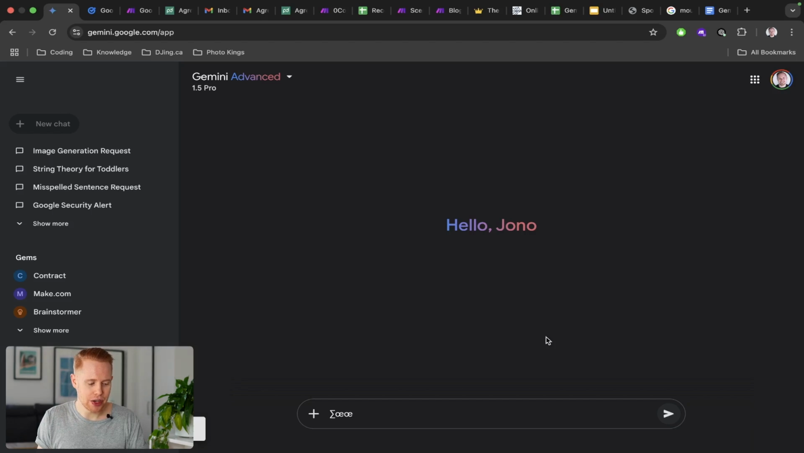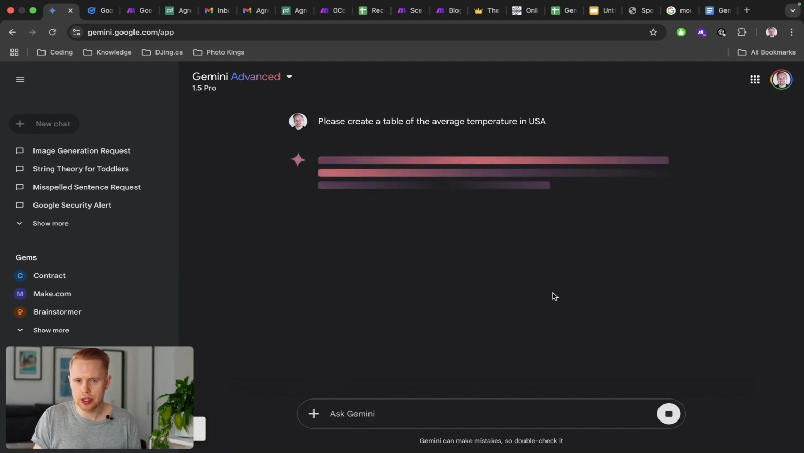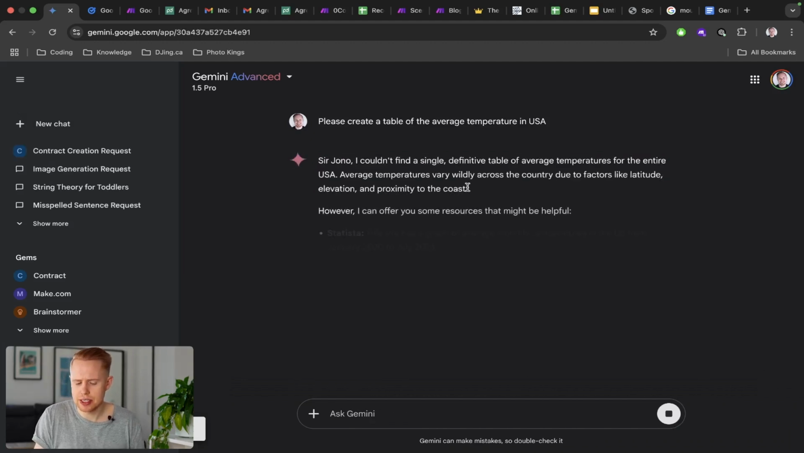The next thing here is that you can change the formatting of data in Google Gemini. So for example, let's say that I want to format data in tables or lists or code or whatever. You can just change it up. So let's say, please create a table of the average temperature in USA, and it's just going to go ahead and do that, right? So let's just see